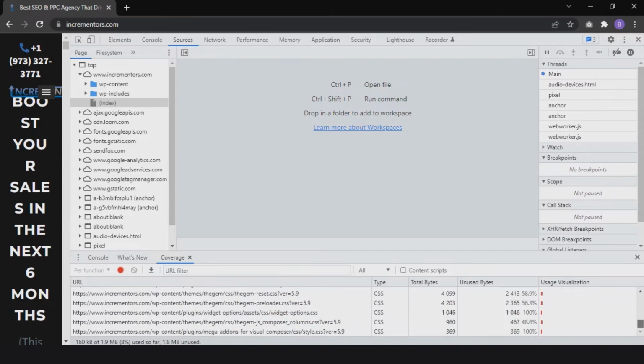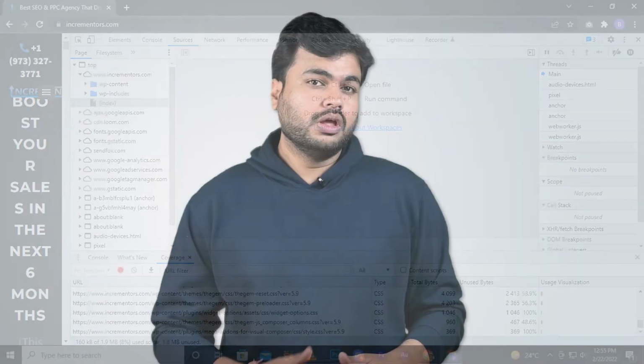When you have realized the amount of unused JavaScript, you should start to cut it down. One of the ways you can do it is with code splitting. This means to separate one JavaScript bundle into smaller pieces. If you find this a little confusing or a little too technical, don't worry. As I said earlier, developers can easily understand it. So these are my 5 best tips, and if you guys follow these steps properly, you can definitely increase your page loading speed and increase the number of users to your website.